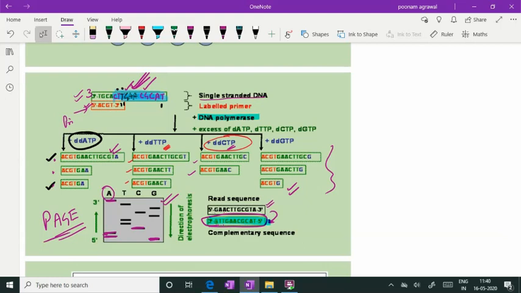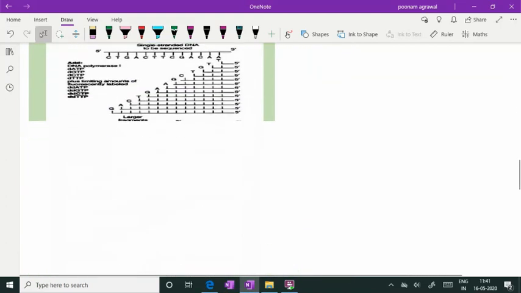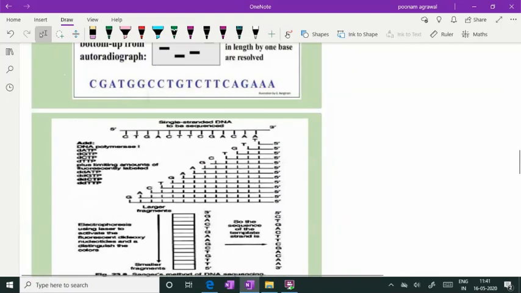And why is it called dideoxy? Because we are using dideoxynucleotides in this technique, which deliberately terminate the chain synthesis. So chances are high that all sized fragments will be produced, and on electrophoretic separation we will get DNA bands which have DNA fragments differing in at least one nucleotide. So that will help in sequencing of the DNA, right?